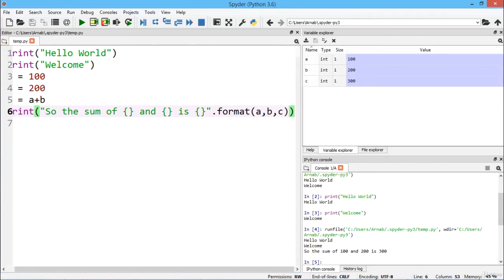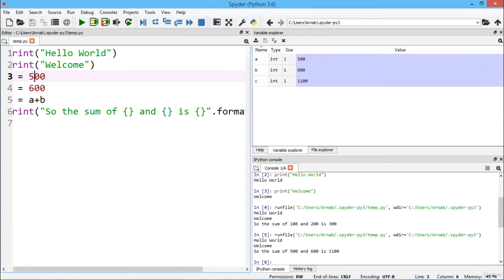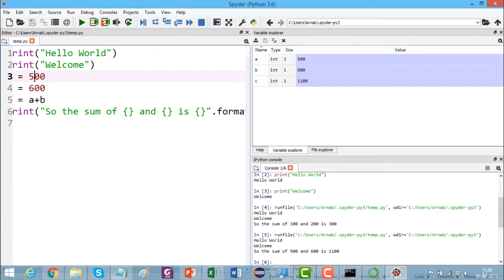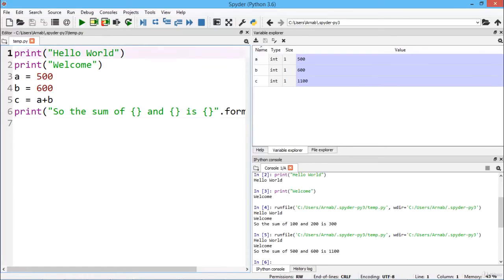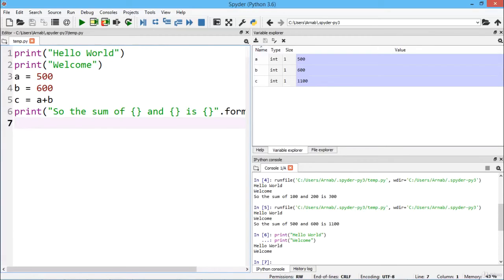We're having the variable explorer here. You can see the value of a and b and c will be displayed. You can find that the values of a and b and c are getting displayed. So I'm just making this one as 600, making this one as 500. So now if I go on executing, you can find that the values have got updated. So this is another advantage of this Spyder. Here also you can have the line by line execution. As I told you, if I mark this and go for run cell, only these two lines are getting executed. So that is another fantastic way to execute this Python program.